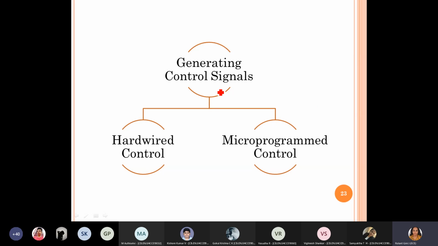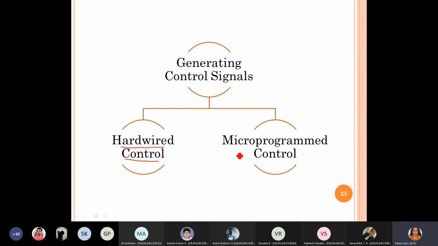For designing the control unit, you can do it in two ways. One is the hardwired control, a completely hardware design, like how you design digital circuits for various requirements.